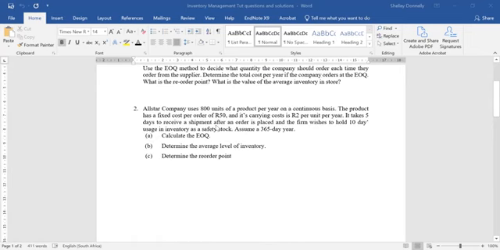Going back to the question, what was the delivery delay? It takes 5 days to receive a shipment after an order is placed. Okay, so they pick up the phone, they order their 200 units, but it only arrives 5 days later. So would you agree that when they pick up the phone, they must make sure that they not only have 5 days worth of stock left to keep them going till the order arrives, but on top of that, they're also going to have that 22 units that they're always going to hold in terms of 10 days usage as